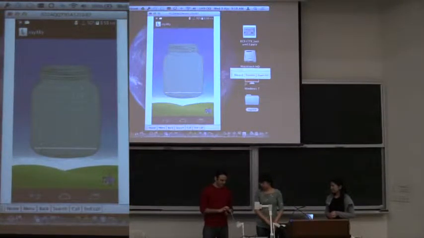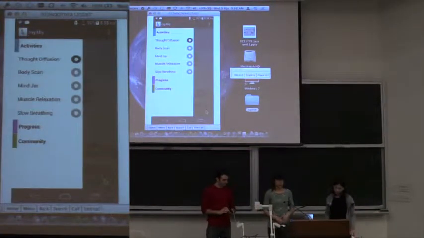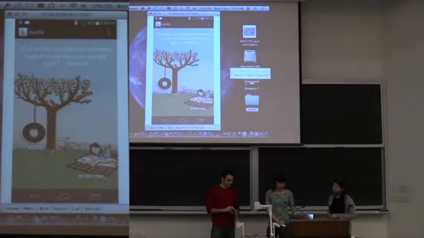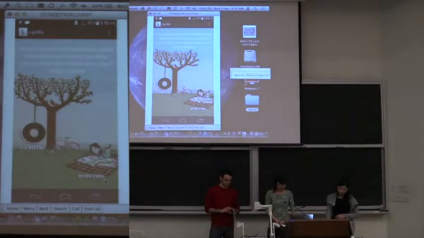So now the second part on our main screen is the crisis. When a user is in crisis, they can easily access this button. And on the very side, you can select the activity that you want to do when you're in crisis. Usually the user will discuss it with their therapist in therapy and figure out which one is most suitable for them. So in this case, we're going to showcase slow breathing.